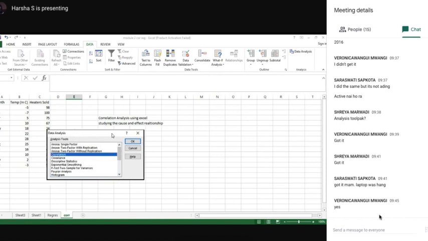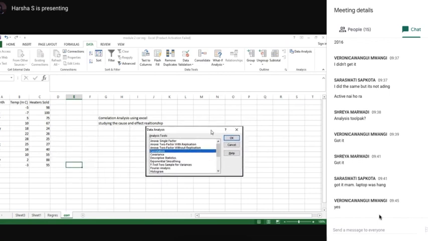Can everyone see this? Yes, ma'am. I suggest that you just copy down this data in your Excel sheet quickly. I'm giving you a minute. This is data showing that in different months we have different temperatures in centigrade, and on the basis of temperature the heaters are sold.